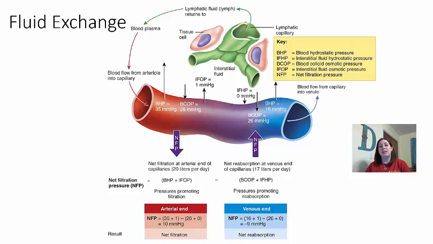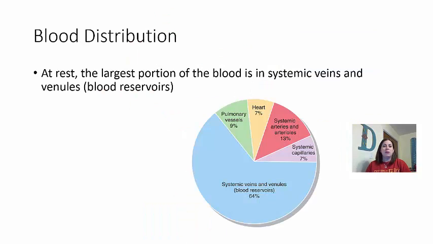So this is why the lymphatic system is present, in order to help reabsorb that 1% that gets left behind, so there's not a buildup of fluid in that tissue. All right, so now this brings us to where your blood is at any given point when we talk about